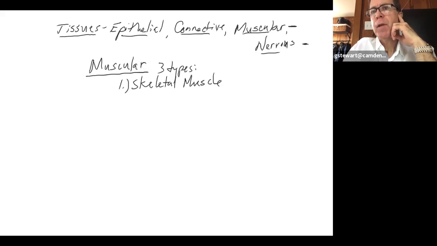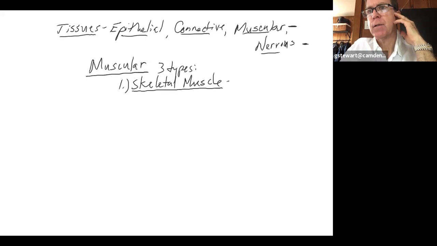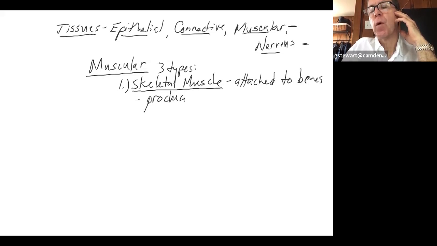This tissue type is what you and I think of when we hear the word muscle. I'm going to give you some characteristics. It's attached to bones. That's actually its location. This is all the things that are attached to bones that produce what we call skeletal movement,